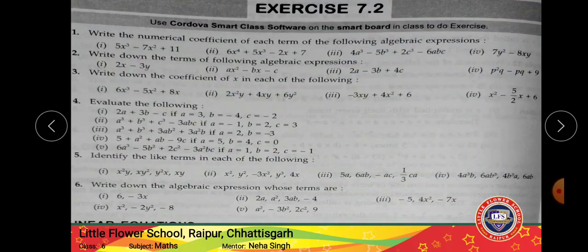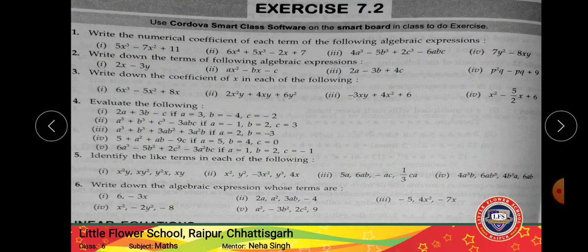so moving on to the next, question number 2. Write down the terms of the following algebraic expressions. Now you need to write the terms. What does it mean? Excluding the sign of the algebraic expression given, all the other things, whether it is numerical or variable, are called terms,